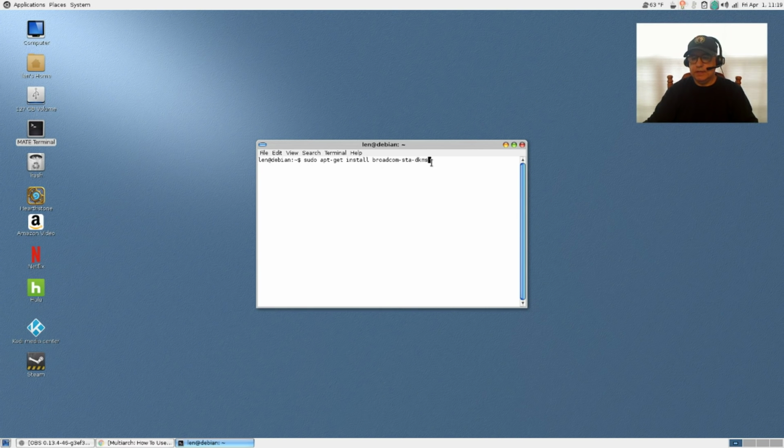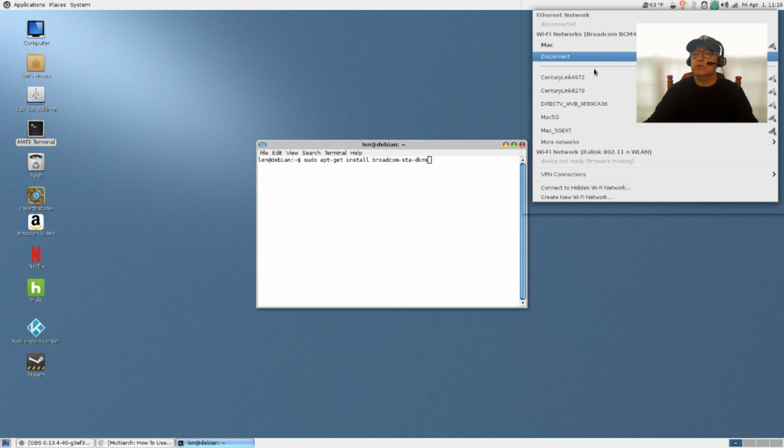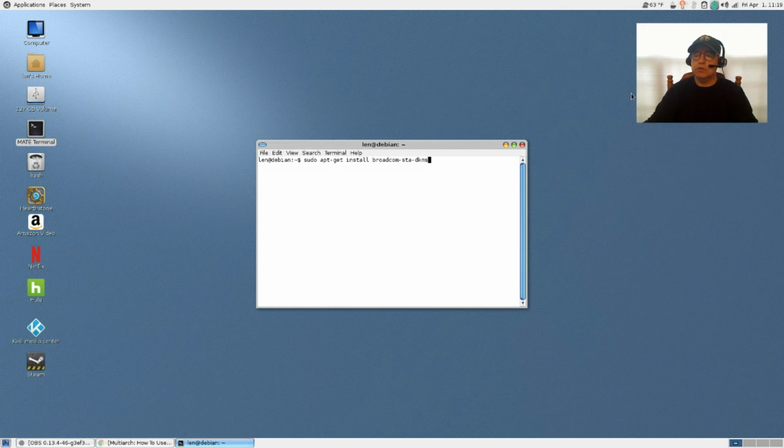Once you finish that install, reboot, and your Broadcom will show in your Wi-Fi listings. You'll be able to select your Broadcom Wi-Fi network and connect to it. So I've already done it, I'm not going to do it again. Sudo apt-get install broadcom-sta-dkms. That is your Debian install for Broadcom.